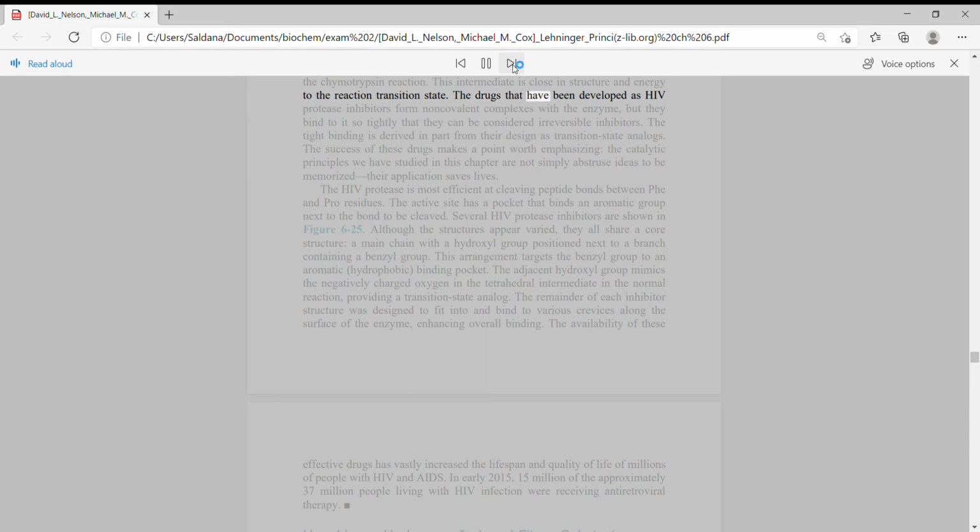The drugs that have been developed as HIV protease inhibitors form non-covalent complexes with the enzyme, but they bind to it so tightly that they can be considered irreversible inhibitors. The tight binding is derived in part from their design as transition state analogues. The success of these drugs makes a point worth emphasizing. The catalytic principles we have studied in this chapter are not simply abstruse ideas to be memorized, their application saves